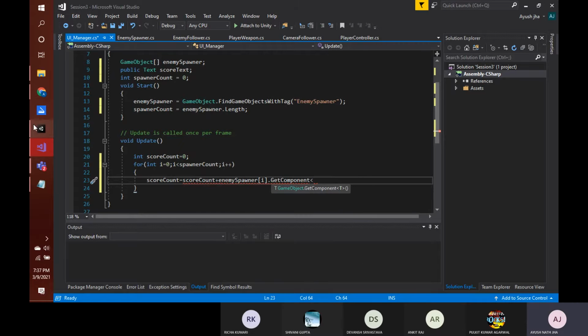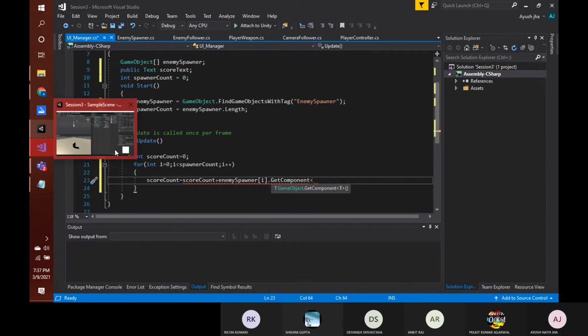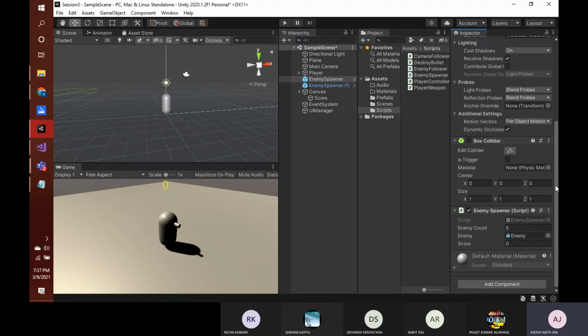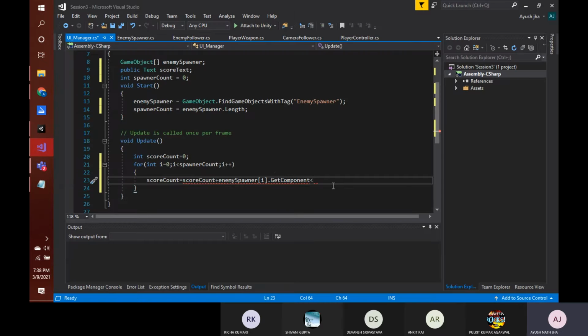What component do we need? If you look at our enemy spawner script, you can see that this core element is present in our enemy spawner script, right? So we need to type here which component we need to get.